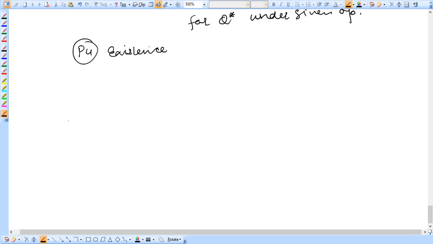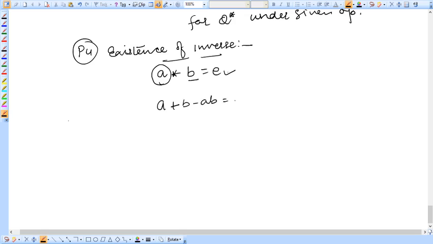Existence of inverse. For inverse, if we want to find the inverse of A, we must find some other B such that the product is equal to E, right? So A star B is equal to A plus B minus AB is equal to E, and E is equal to 0. So therefore